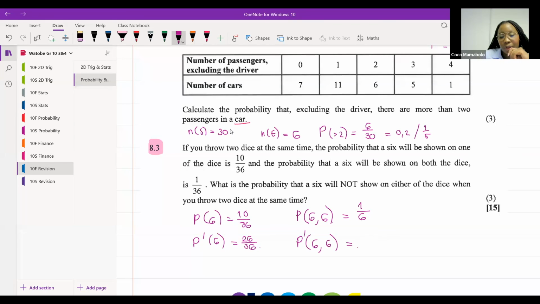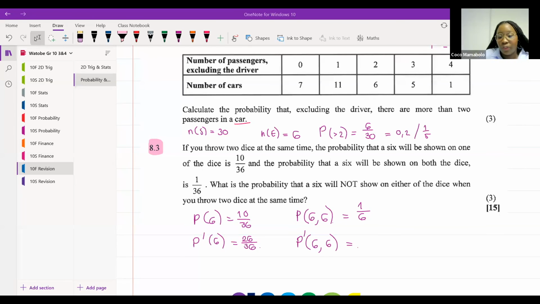I'm wondering where all these numbers are coming from. Oh, yes, 13/18. Okay, we'll get to that in just a little bit, Mawande. I know you're simplifying. We'll get to that. All right, guys. So if the probability of getting a 6 and then a 6 is 1/6, what is the probability of not getting a 6 and then a 6? Good, correct. Elife, remember, you can't just say 5, okay? You need to say